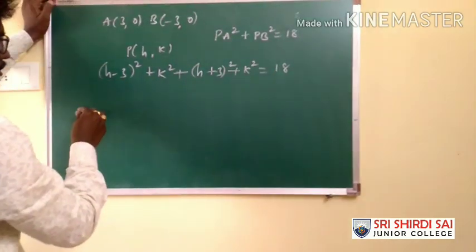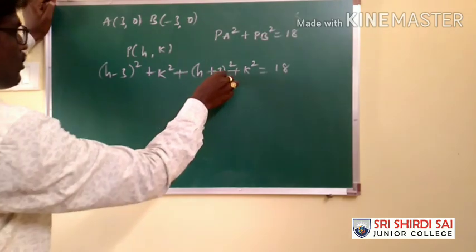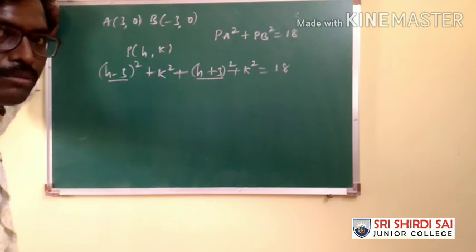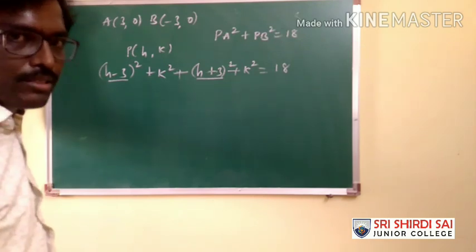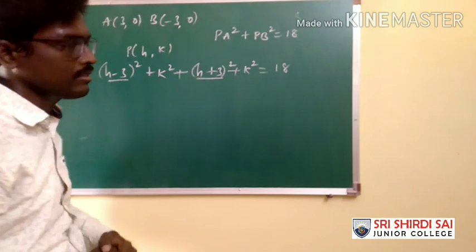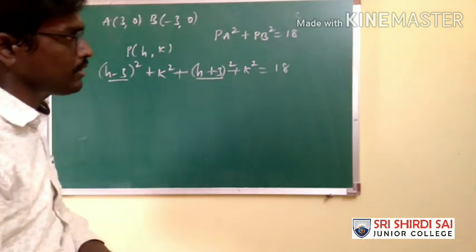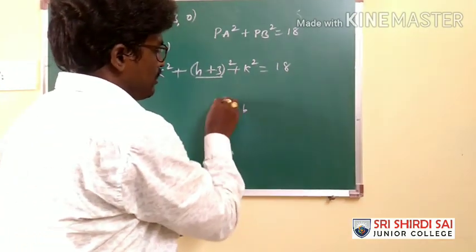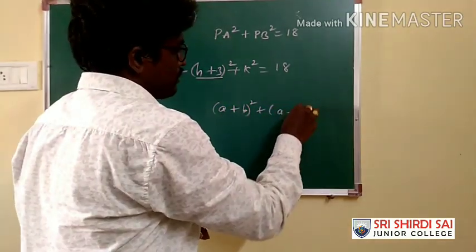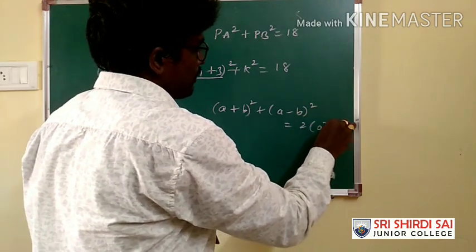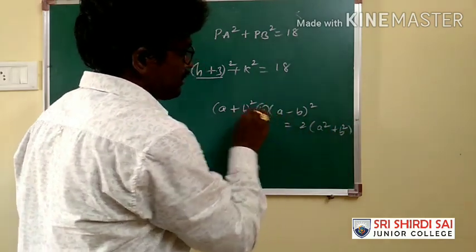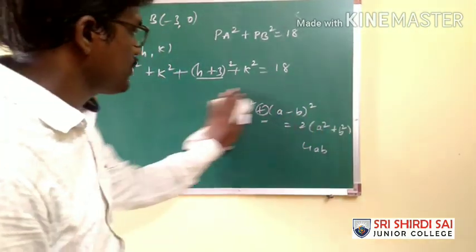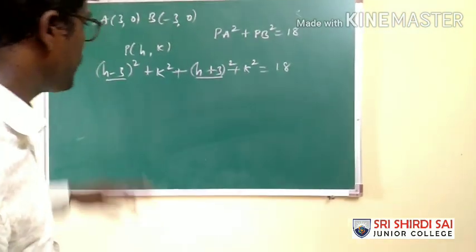So on expanding this, you will be getting, otherwise you see here you have a plus b whole square and here a minus b whole square. What is a plus b whole square plus a minus b whole square? 2 times a square plus b square. These kinds of short standard results you are supposed to remember for saving time. Whereas if you have minus here, you will be getting 4ab. So since we have a plus sign between them, we will be getting 2 times